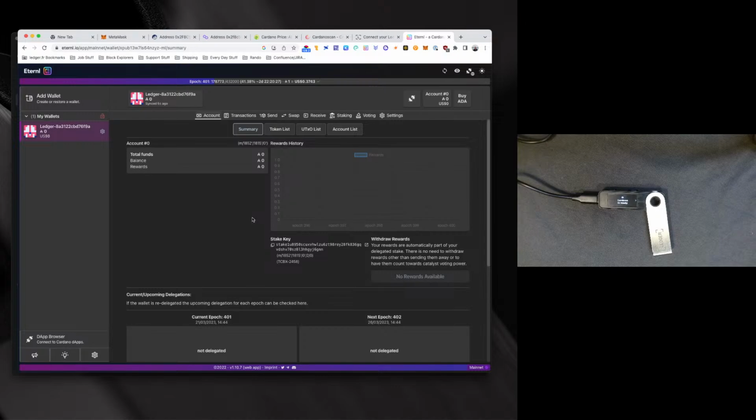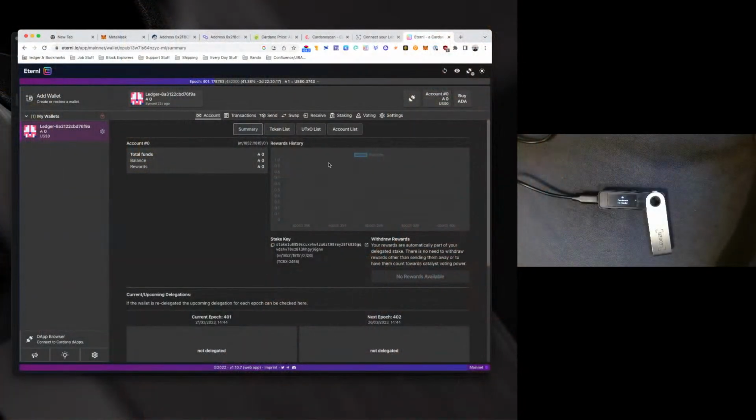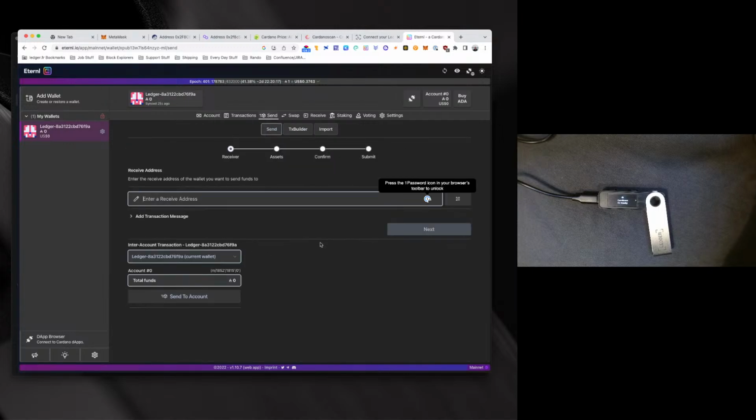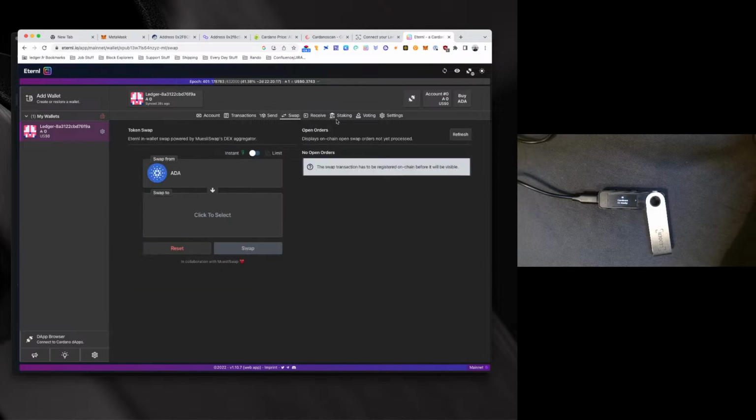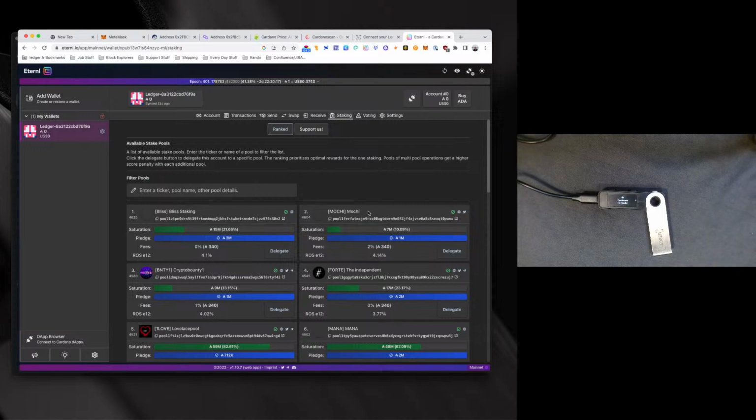If you have Cardano in your Ledger Live account, when you go through those steps that I just showed you, it's going to add the exact same account from Ledger Live into Eternl. And then once here, you can actually initiate a send, enter the receiving address. You can perform swaps, you can stake, you can do anything that you can from Ledger Live, you can do from here. And so this is a way for you to bypass the issue of your transaction being stuck in